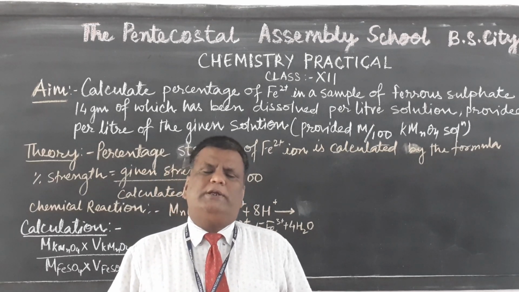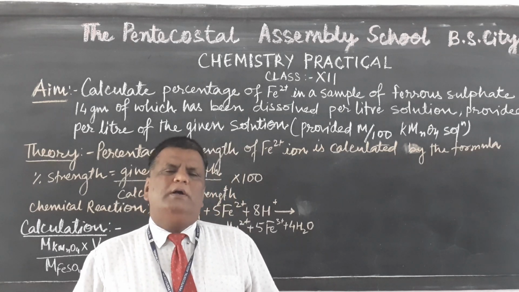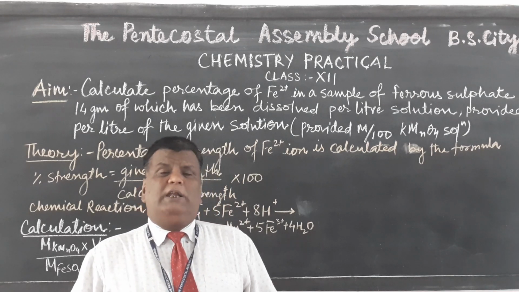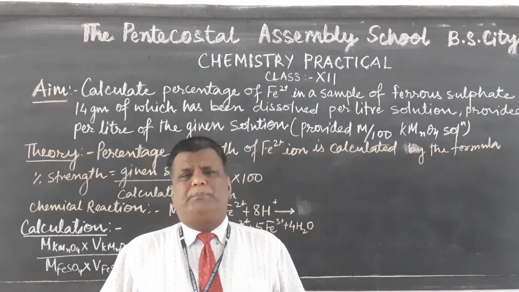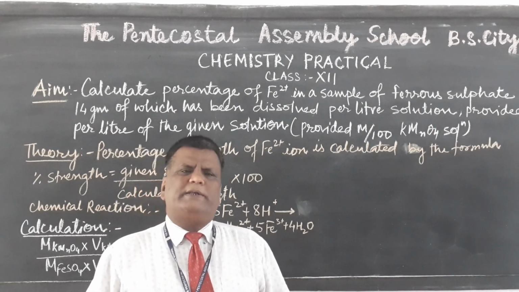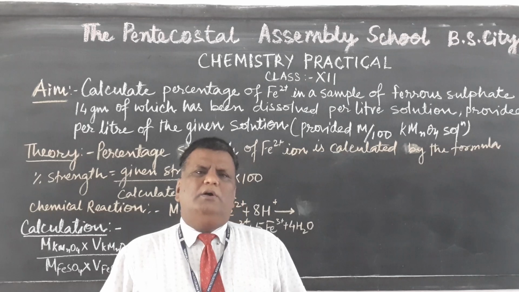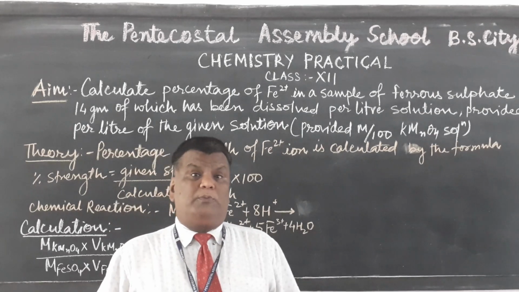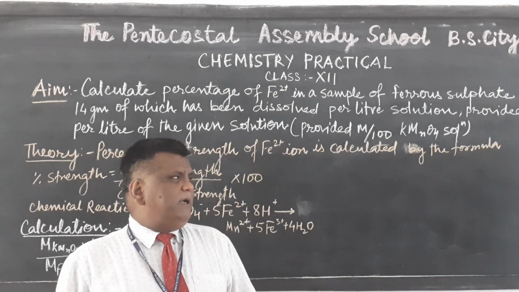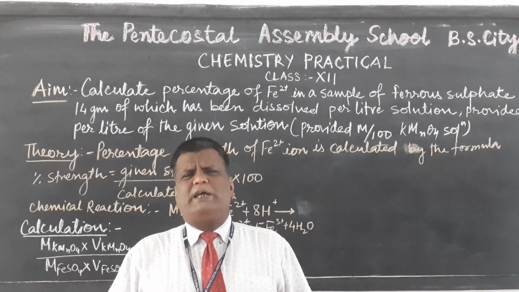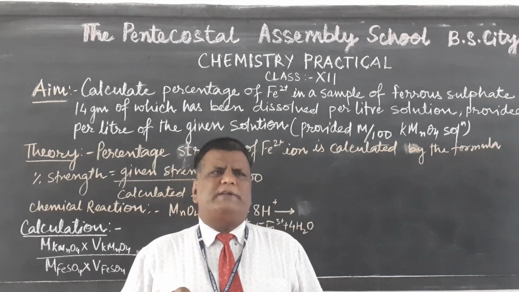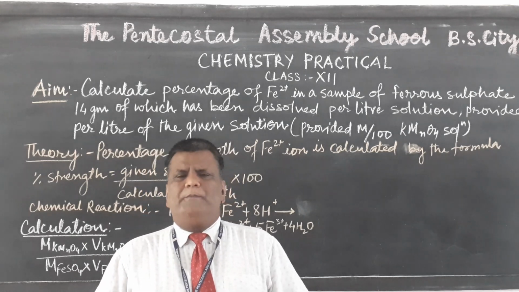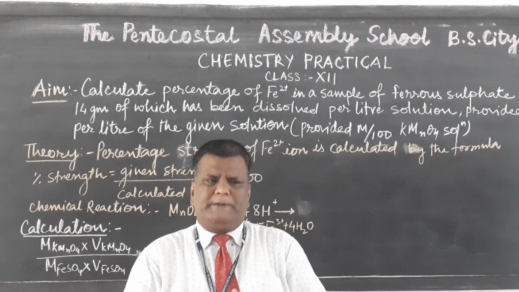So you have two solutions, one is FeSO4 and one is KMnO4 solution. I am not going to tell you the apparatus required, you know, burette and pipette are essential in titration. Chemicals required will be KMnO4, FeSO4 and 4N H2SO4. The principle of titration or any experiment is very important, which tells you how you perform the whole experiment.